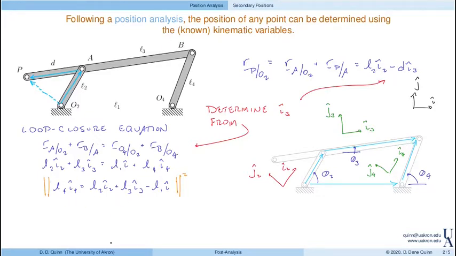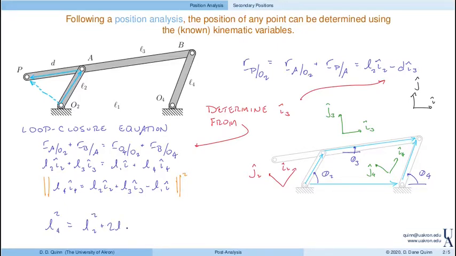On the left-hand side, we end up with L4 squared, because this vector has length L4 and the direction is unknown. On the right-hand side, I'm just going to write this out, I've worked it out. Maybe now would be a good time for you to pause the video and work out the magnitude of the right-hand side, but you should find something that looks like L2 squared